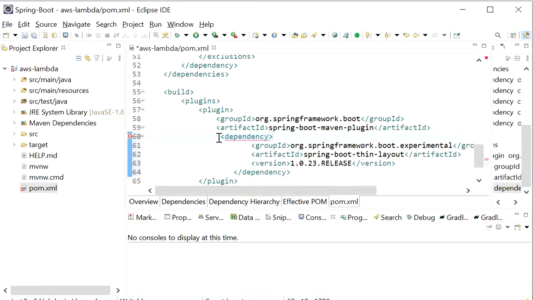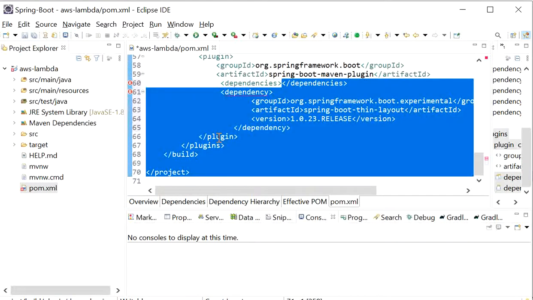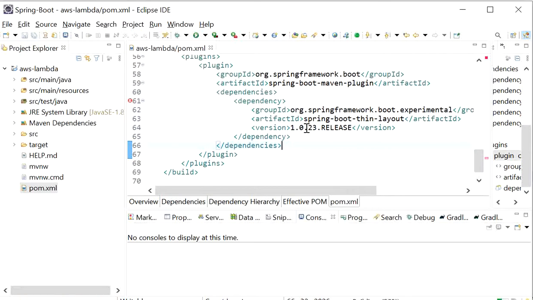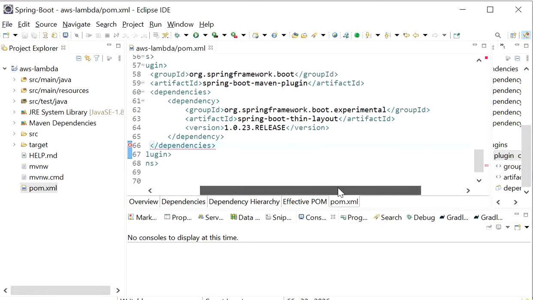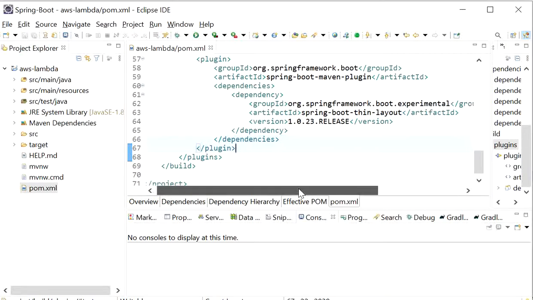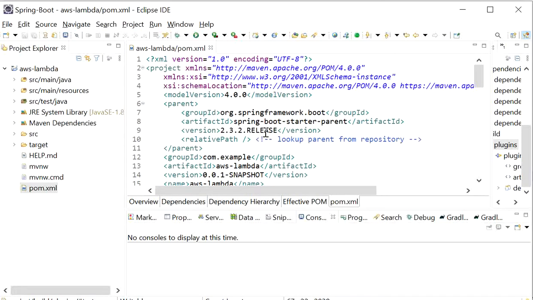And here we need to add the tag that is dependencies. This is the dependency that will make our jar lightweight, so it will take less time in deployment. And this is done. We have completed all dependencies.